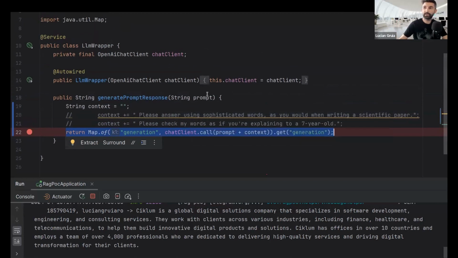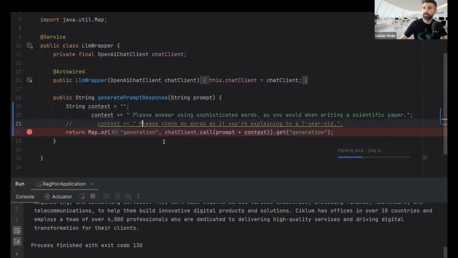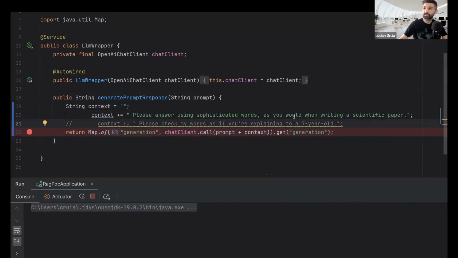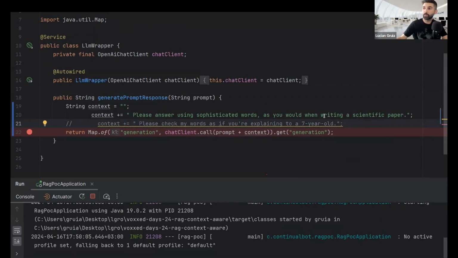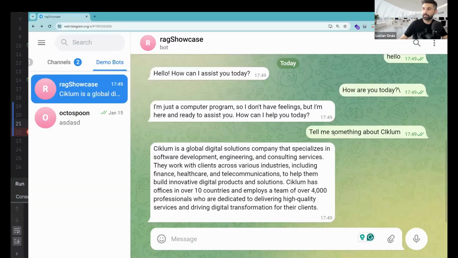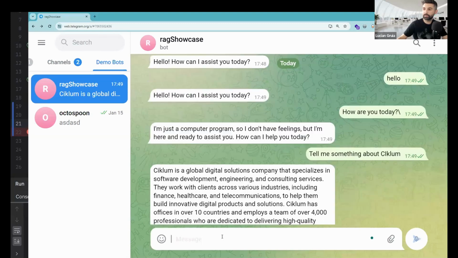It's that easy. And we built a large language model wrapper, right? Now, if I want to bring a bit more context here, I can ask, please answer using sophisticated words, as you would when writing to a scientific paper, right? And then if I ask again the same question,